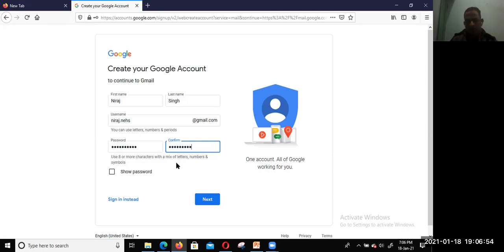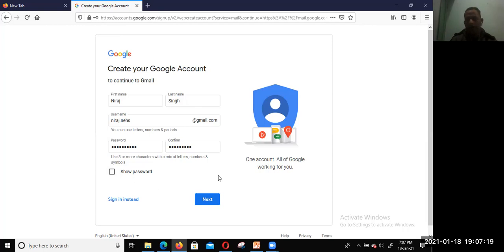Now you can see there is the password and a confirm password. You can only go to the next step once you enter the password and the confirm password similarly. You can also see the option show password; if you want to show it, just click on show password.